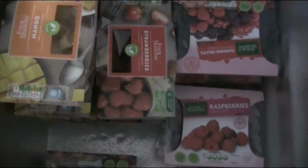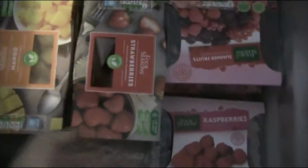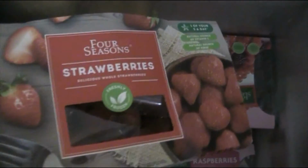So basically what I live on most of the time, this is my little freezer, is frozen fruit. At this moment it's the end of April, so hopefully some better fruit will be around, but in the meantime I've just gone to my local supermarket and stocked up again like I did last time on mango. I've got strawberries this time as well actually, because I really can't wait for strawberries. So I've got some frozen ones, and I have had these before and they're not bad, and I have summer fruit mix here,